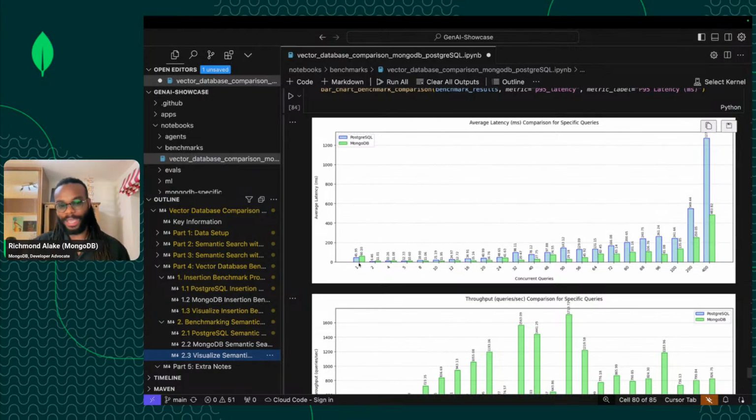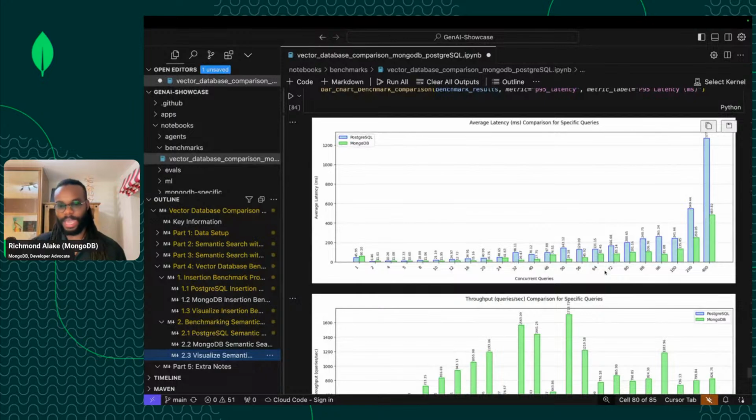And you might notice a spike here. Most databases need a warm-up period. I've not kept a warm-up function here for both of the databases, but we can imagine this is the warm-up for both of the databases. And you can see that both Postgres and MongoDB have this spike. So MongoDB is in green and Postgres is in blue. But as we start to scale, we start to see that MongoDB remains performant